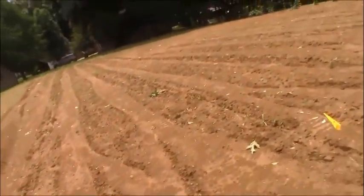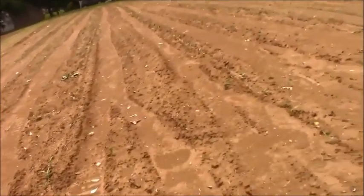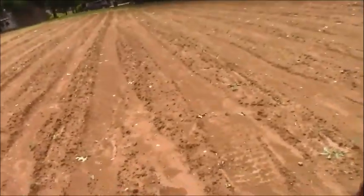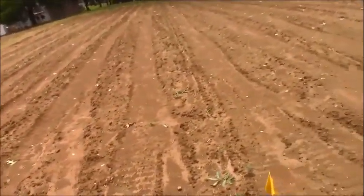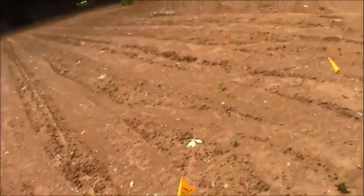Get up here. These last 3 rows, this is all corn right here, and it's really shot up since that rain. It's really come up. That's beautiful. I just love to see corn when it's just starting up. It's just beautiful. Now the last 3 rows are cantaloupe